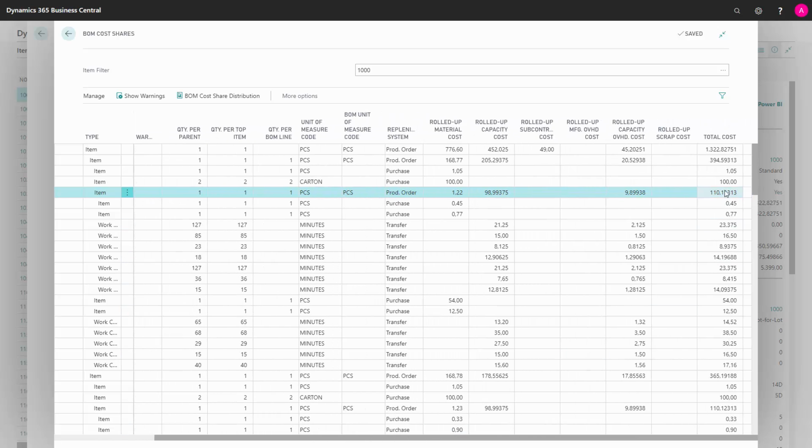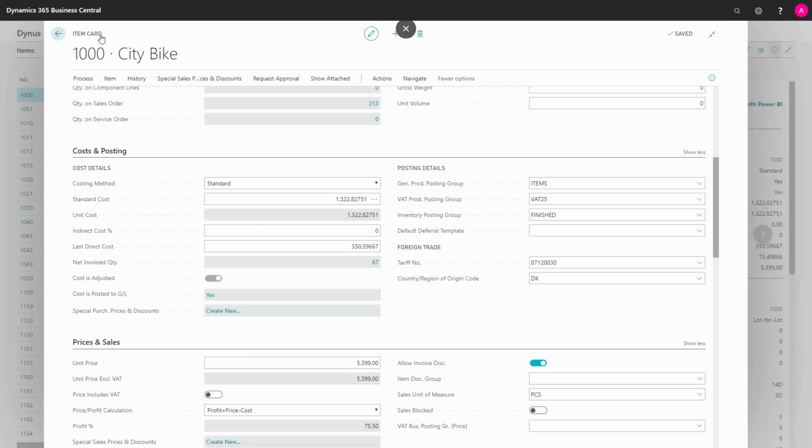And if you scroll right, you can see how the total cost is made up of all those different elements, and it's split up into the rolled up material and capacity cost and overhead cost, etc. So it's a very nice view of explaining the item cost.